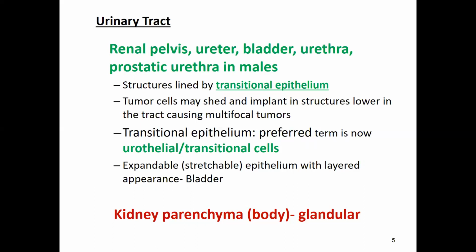Another distinction between the two, the kidney parenchyma and the other urinary sites, is their function. The function of the kidney parenchyma is to filter the blood, removing the urea and creating the urine. Then the rest of the urinary system, the bladder, renal pelvis, ureter, and urethra, these sites all collect and transport urine from the body. A typical healthy adult bladder can store up to 2 cups of urine for 2 to